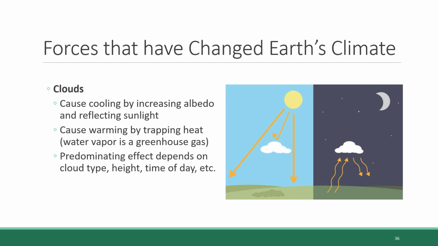For example, during the day when the sun is out, clouds typically provide albedo and therefore cooling, but during the night they're no longer reflecting solar energy and are predominantly warming the environment. As our climate continues to change and temperatures go up, climate scientists predict that there will be fewer clouds, which could make temperatures more extreme, both hotter during the day because you don't have the clouds to moderate the solar radiation with albedo, and cooler at night because you don't have clouds to insulate and keep things warm.